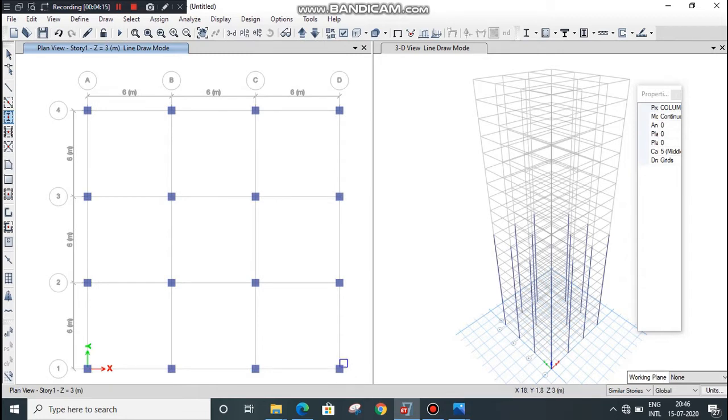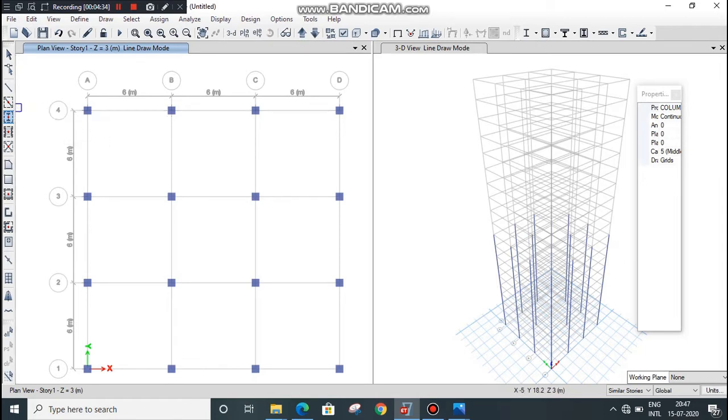Just drag and move the mouse button and click on escape. As you can see here, the columns get drawn from story 1 to 10 because they are similar to each one.